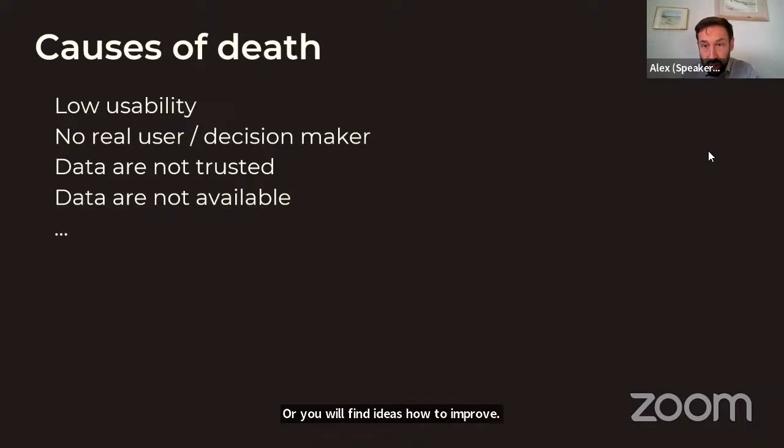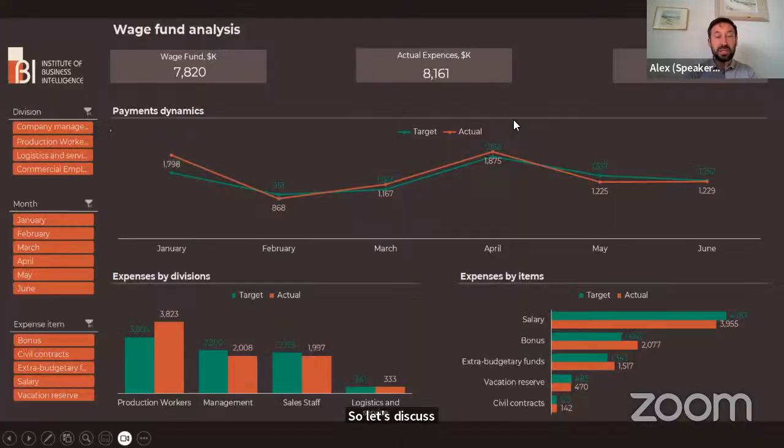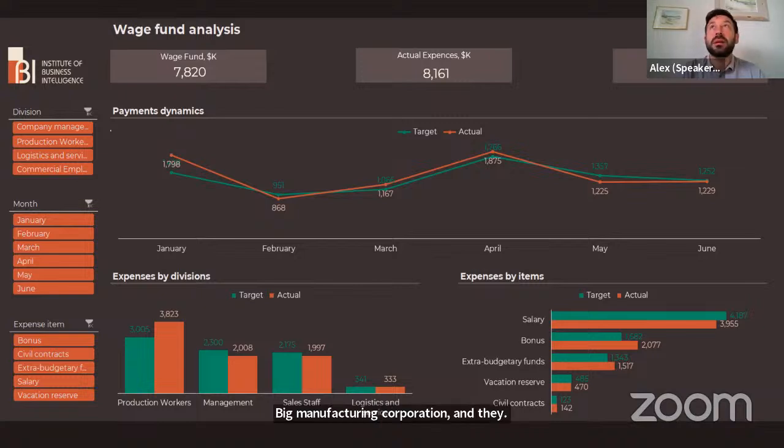Yeah, great comment, Jessica. So let's discuss our first case. The story was in a big manufacturing corporation, and they decided to implement a new ERP system.